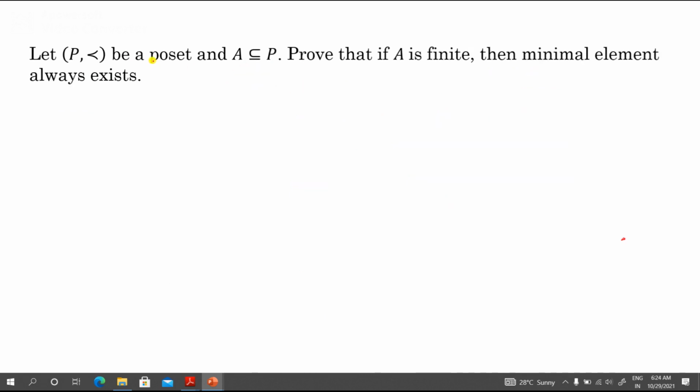Now another thing, let P be a poset, A is a subset of P. If A is finite, then a minimal element always exists. So suppose A is finite.